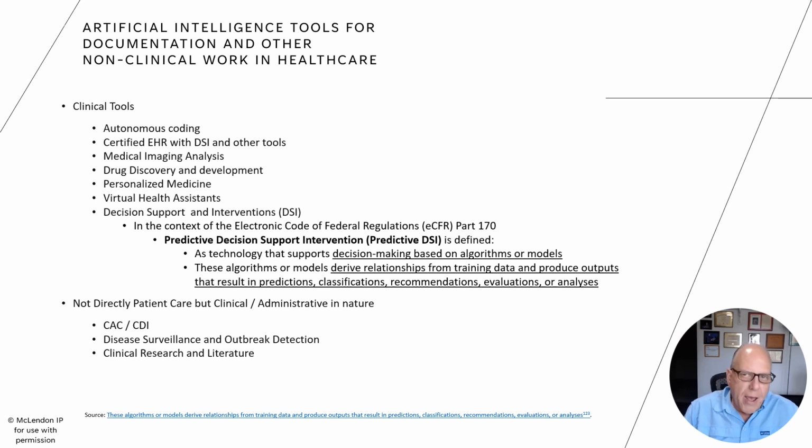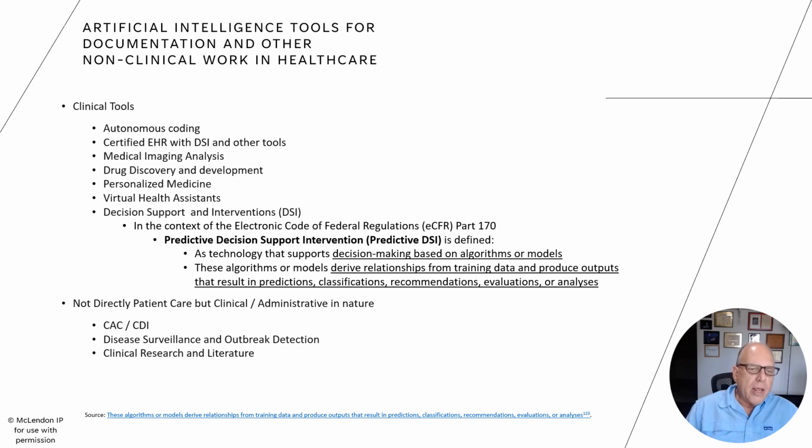Medical imaging analysis, like we've said in the past, a few slides back, diagnostic imaging and radiology is hot for AI. Drug discovery and development, personalized medicine, virtual health assistance, and then a little more on the decision support